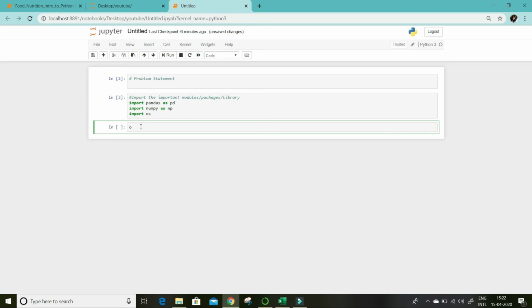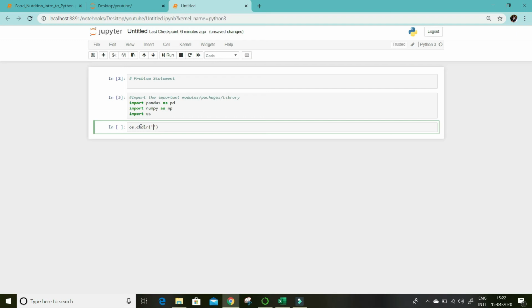For that the command is os dot chdir, to set the directory, and then you have to give the path where your data set is present, or where you want to save it. But remember, both paths should be the same, where you are reading your data set from and saving your code or output to.